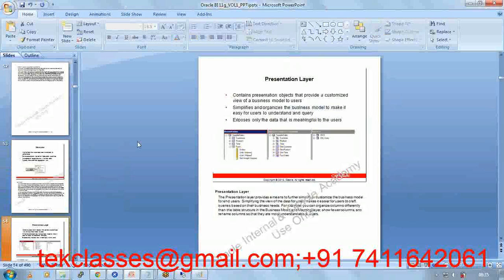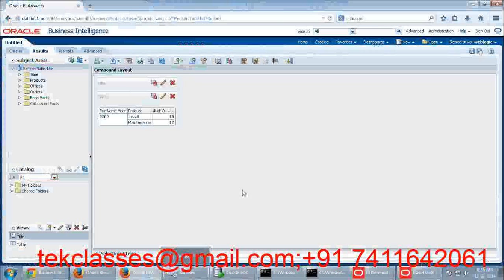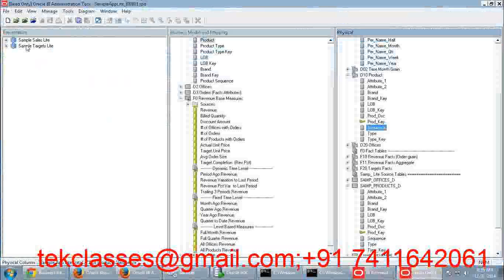So the final layer present in our RPD is the presentation layer. What is the importance of the presentation layer and how does it affect clients accessing information? The presentation layer contains presentation objects that provide a customized view of the business model to users. So what does customized view mean? Customized view means that